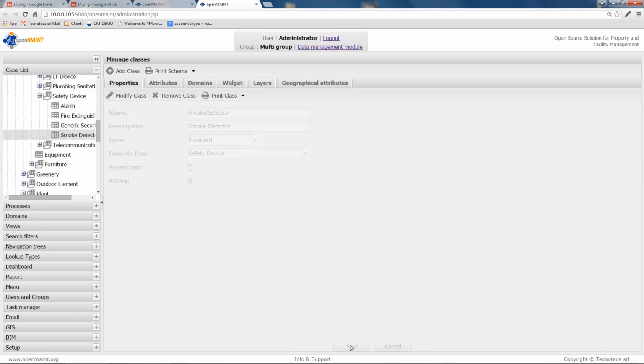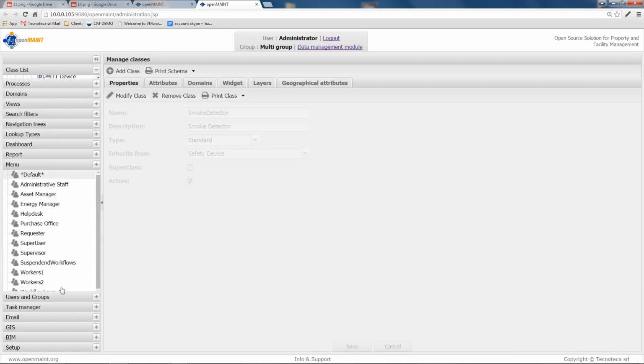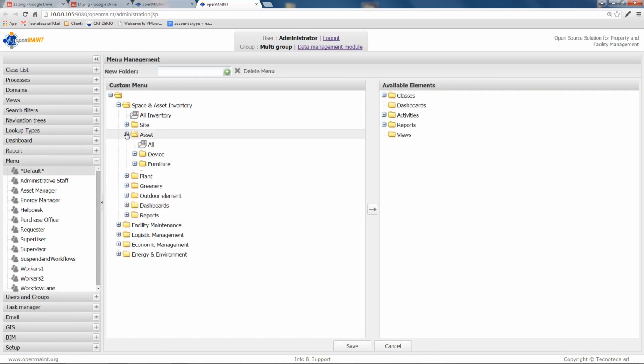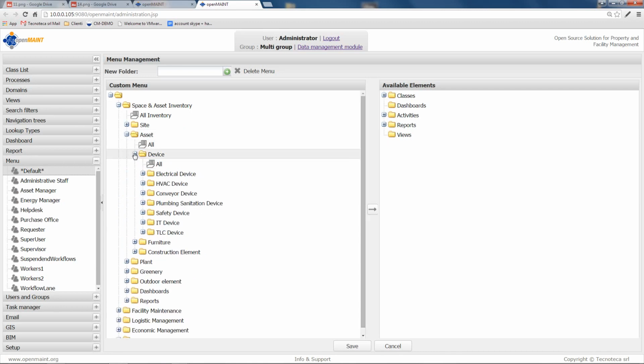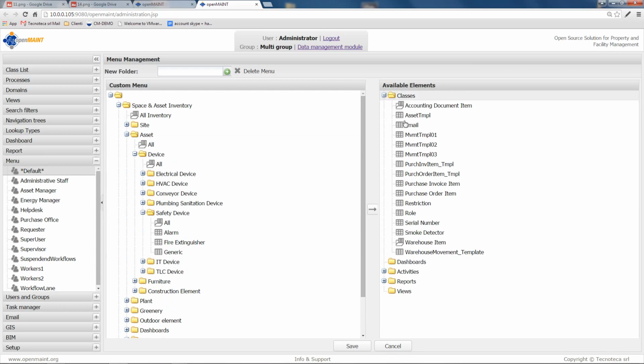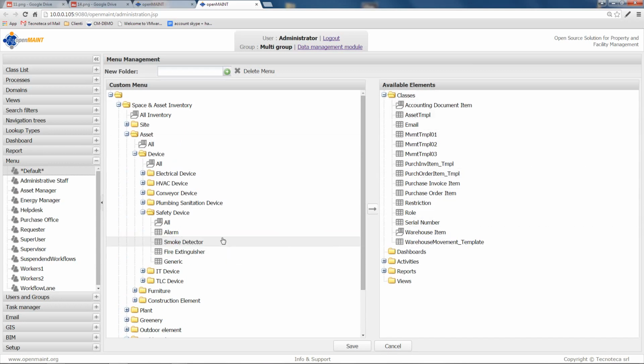Then we will create a new entry for the menu for the smoke detector class. We select the Safety Device folder and we drag the new class. I'll click on Save,